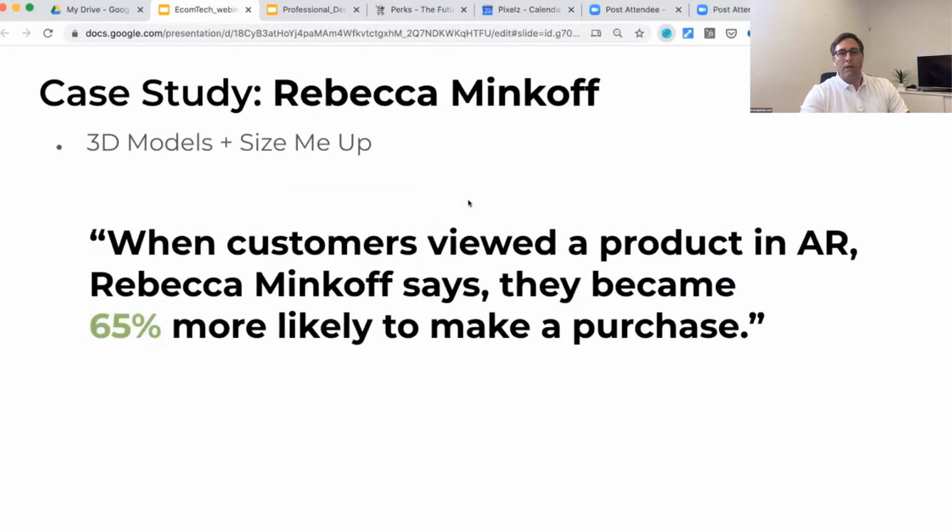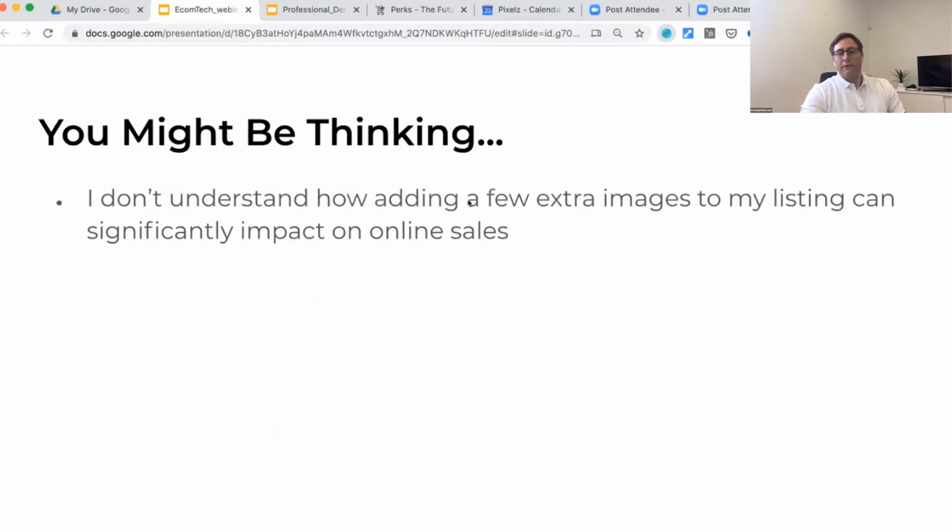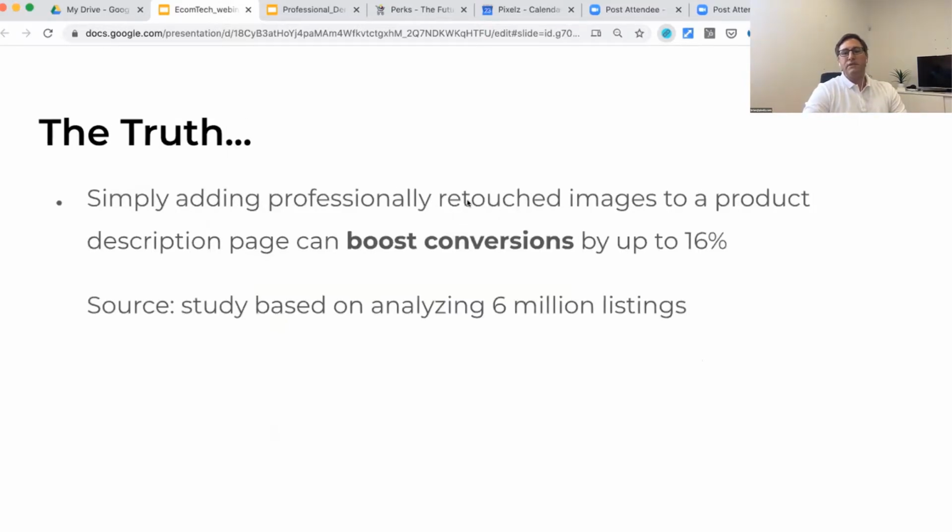So, again, going back to that: how is adding a couple extra images to the listing going to significantly impact sales? What we've seen is that there are countless studies out there. I think the best one analyzed close to 6 million PDP